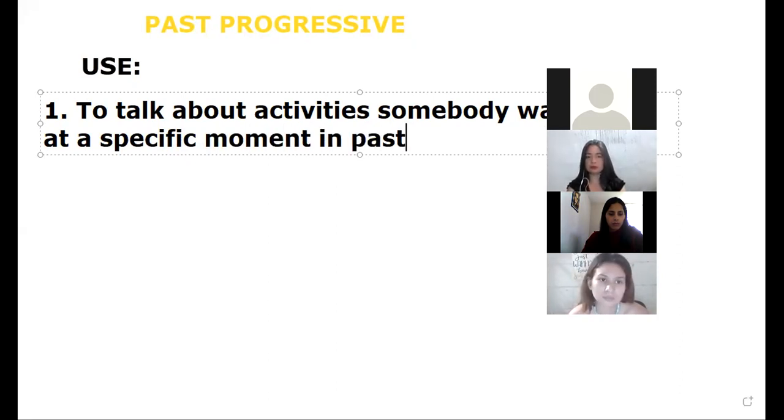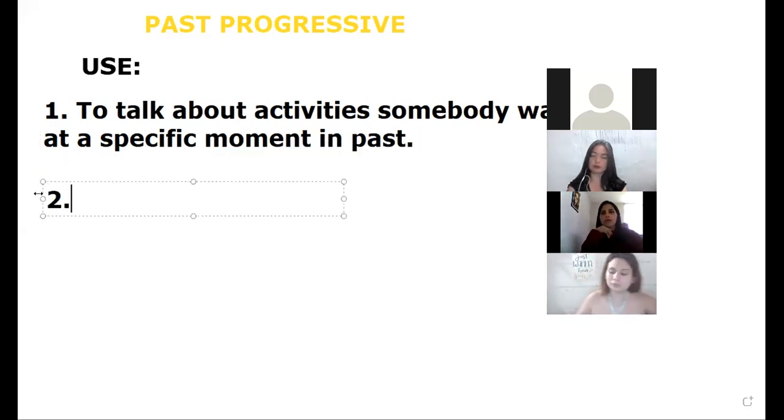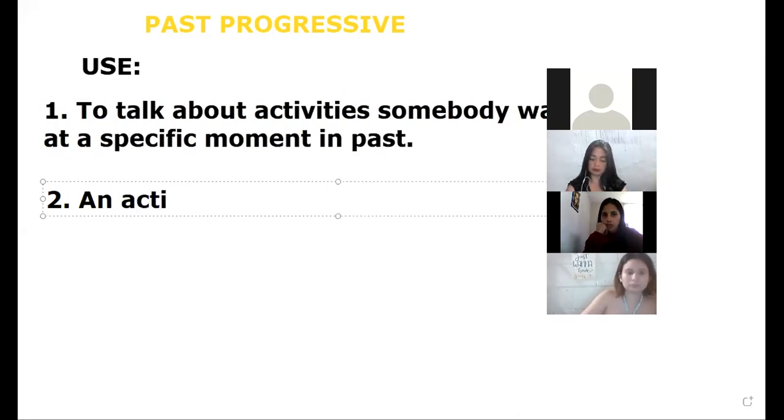This is use number 1. And use number 2 is an action that was in progress